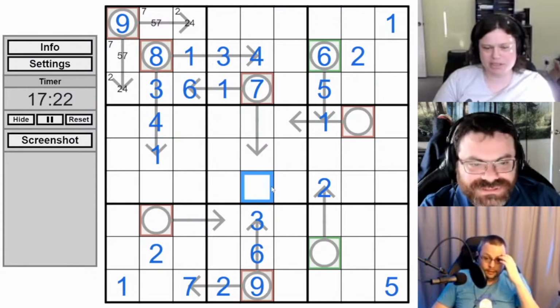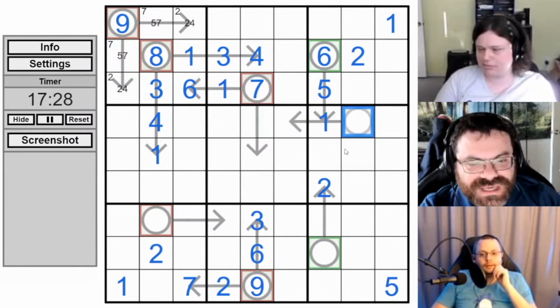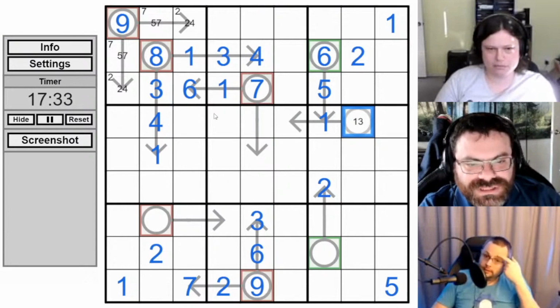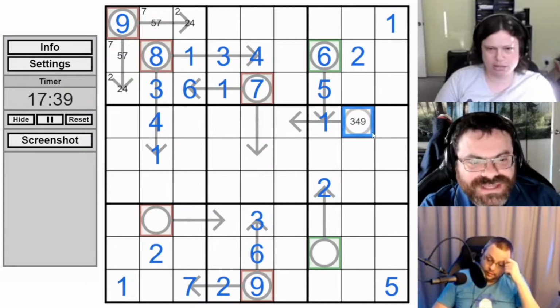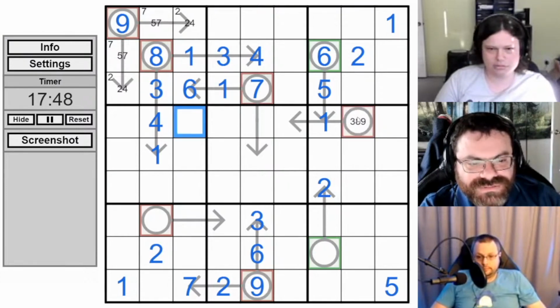So how restricted is our little arrow there? Well, this indexes where the 8 goes. So naively, it's a 1, a 3, a 4, or a 9. But not a 1 because it sees a 1. And an 8? Or an 8. You can't add to itself. It can index itself. It's not a 4 because it sees a 4. So we've got an 8 here or here, which makes this a 2, 7, or 8.